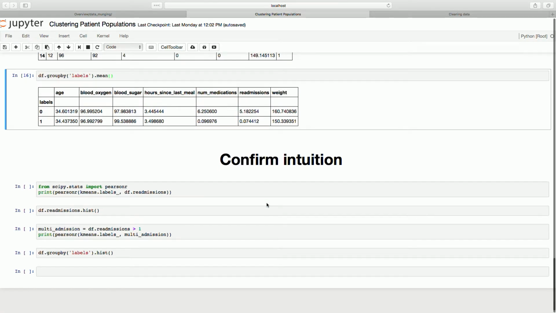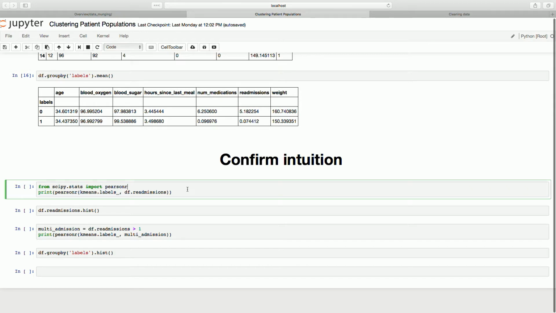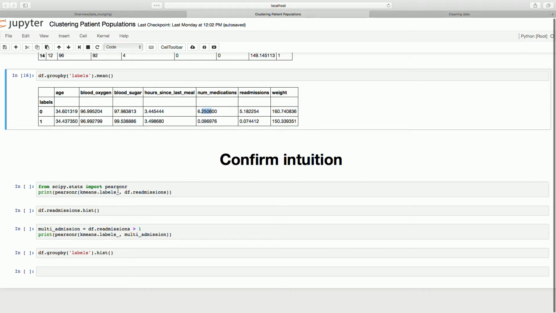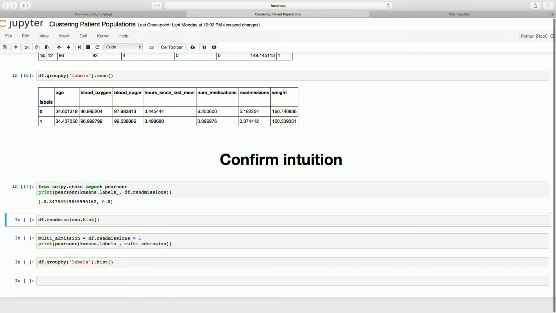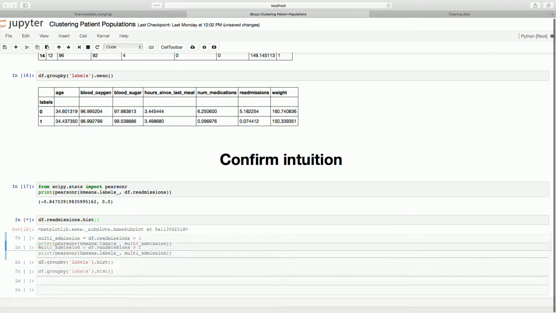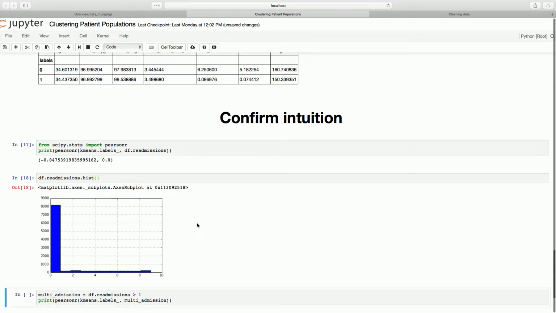If I wanted to, say, confirm my intuition, I can do things like run a Pearson R, right, to look at correlations between some of these variables in my label. So if I want to see how my labels correlate to my readmissions, I can do that, and I see it's a very strong correlation, right, 0.85 effectively. Another thing I can do is sort of look at the readmissions histogram, right? What's interesting is it's the clustering that has brought the readmissions metric into focus as something I want to think about. If I now look at that histogram, which I didn't earlier,